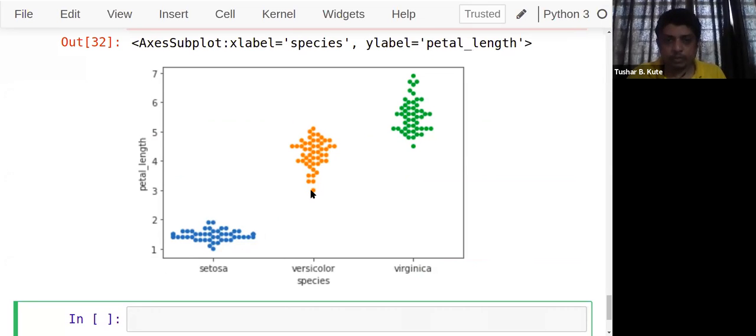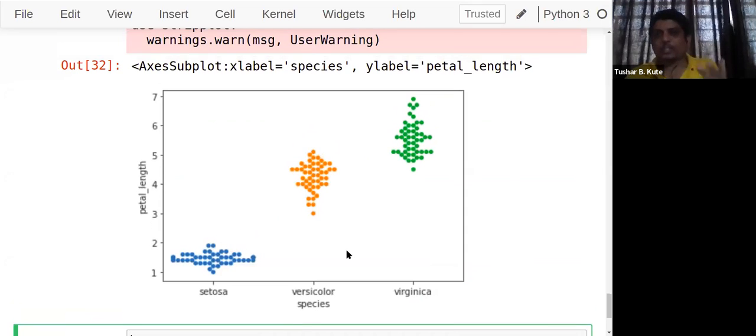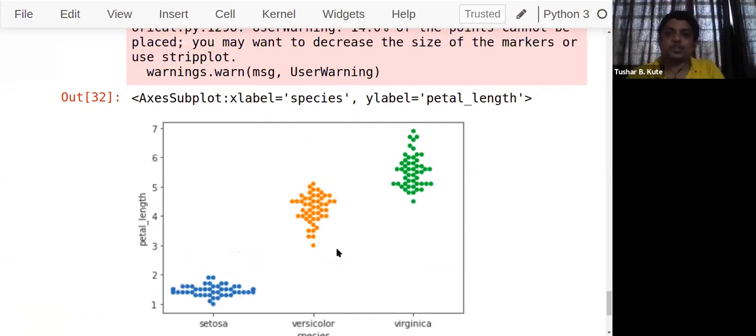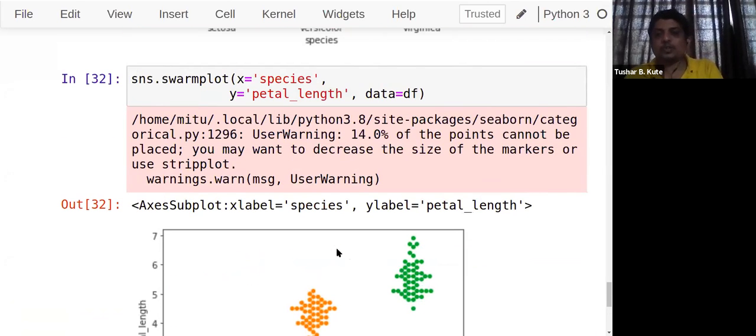At this point, 3.0 has one element, 3.1 has two, 3.2 has three, then here, like a swarm. So the literal meaning of swarm is actually shown in the output there. It's called a swarm plot. Okay. So one continuous variable against another categorical variable. Many such graphs are there. Distribution can be seen.